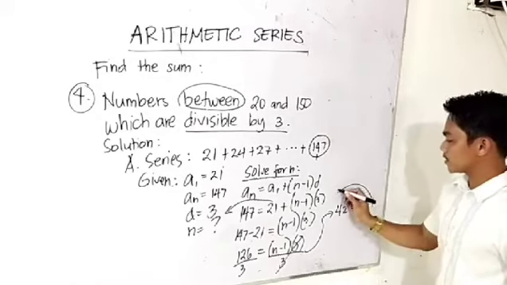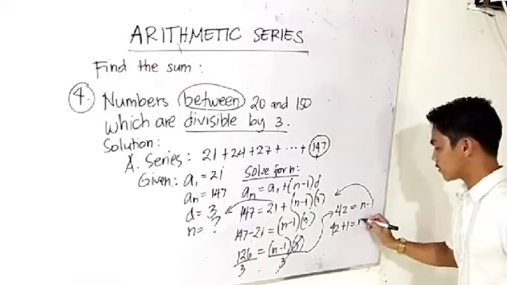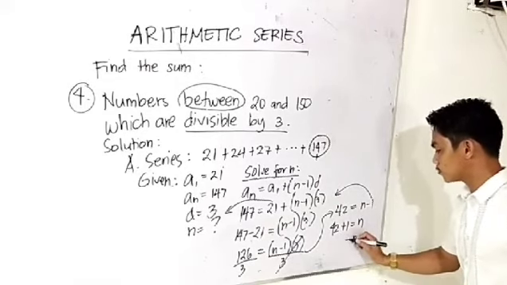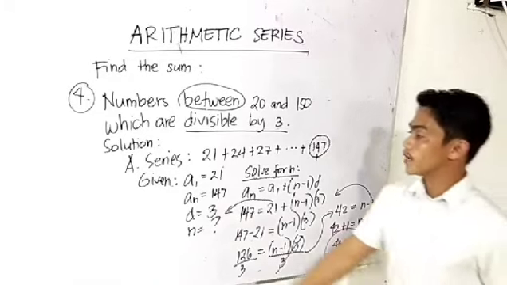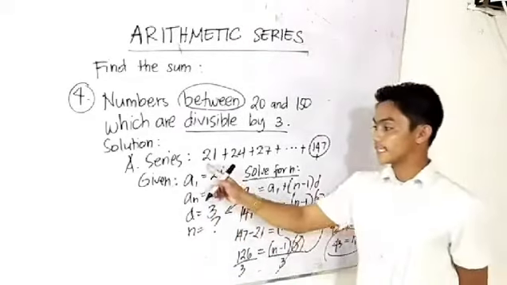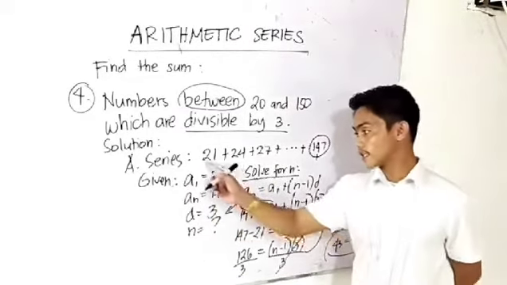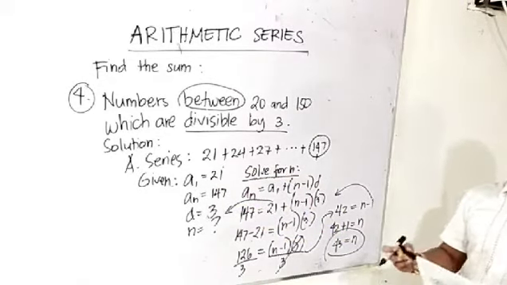Negative 1 transpose to the other side. Negative 1 ay magiging positive 1. 42 plus 1 is equal to n. So, n is equal to 42 plus 1 is 43. Therefore, mula 21 hanggang 147 ay 43 numbers. 43 silang lahat. Okay? So, ready na tayo para i-solve yung ating